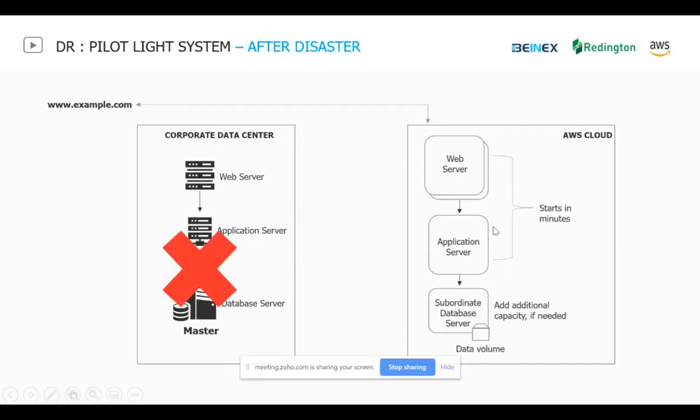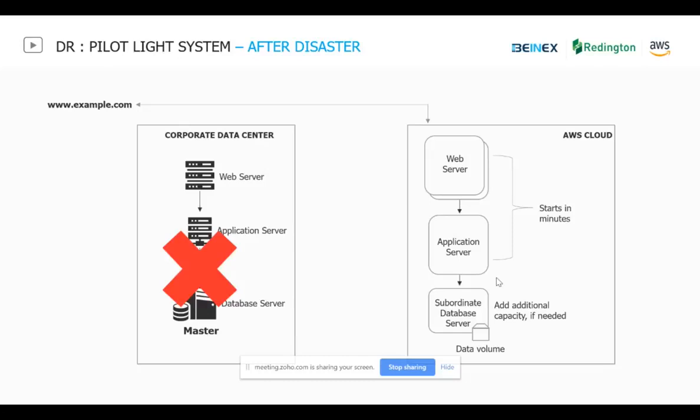Now you'll be manually turning it on, because in this case the RTO and RPO are not that stringent. Your business continuity plan has an RTO and RPO from minutes to hours.